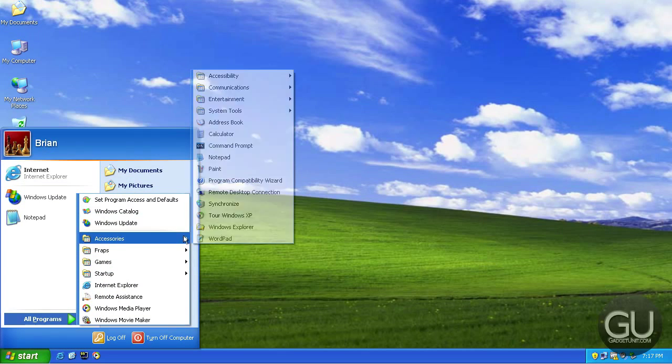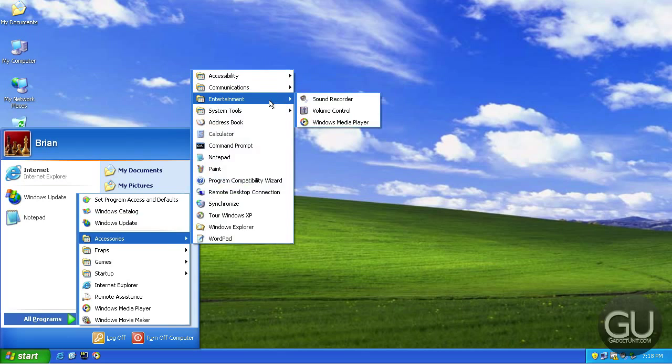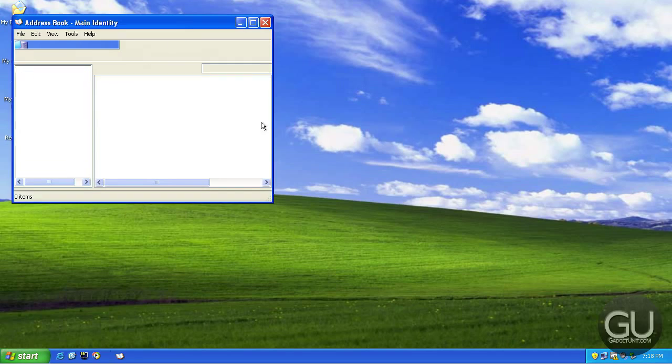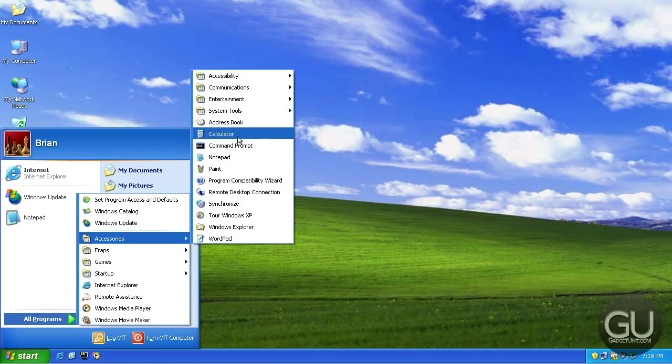In the start menu, we have accessories, accessibility, communications, Windows Media Player, volume control, and sound recorder in the entertainment menu, and some system maintenance tools. Oops, did not mean to click on that. Command prompts, remote desktop,